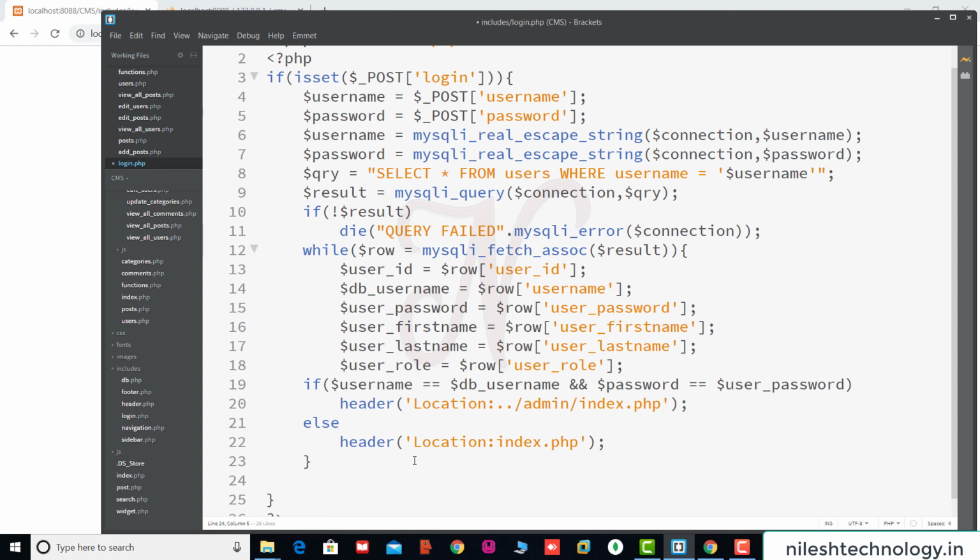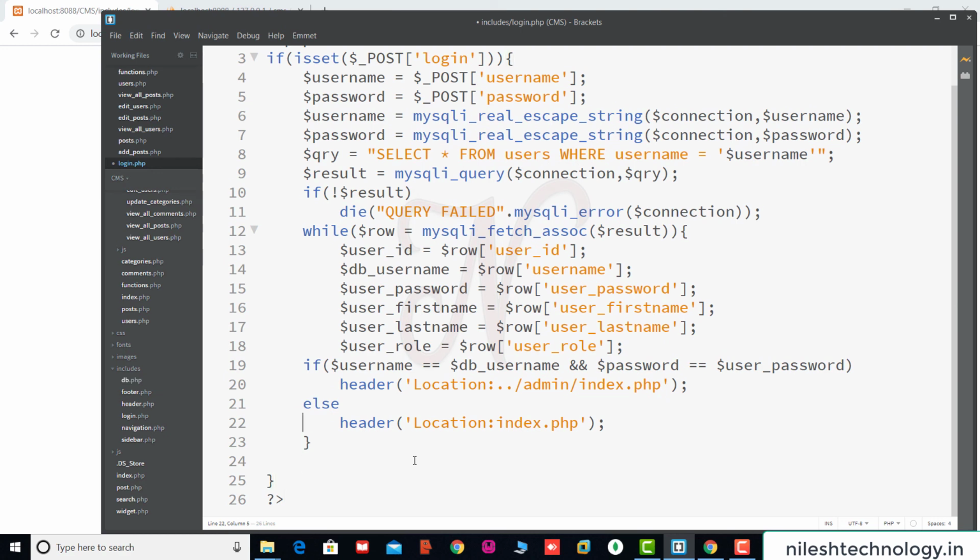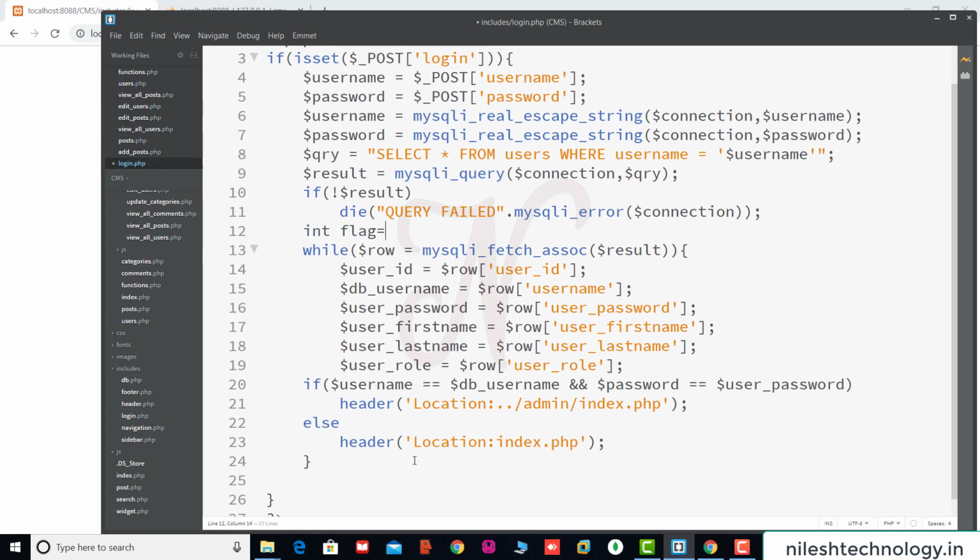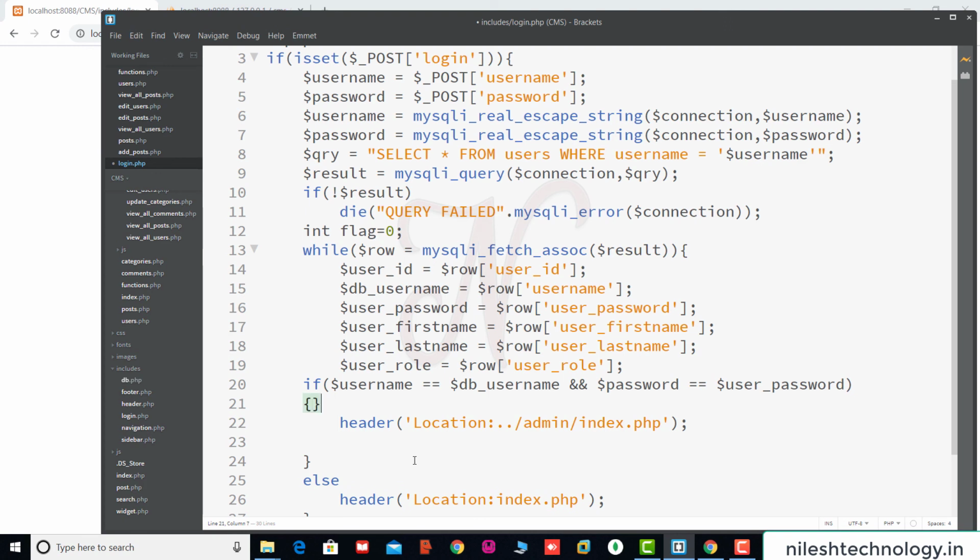Okay, so for that reason here we use one flag variable. So see here, we declare the flag equal to 0. So if this is an invalid user, then after this while loop here, okay, if it is a valid user, so we are in the if.